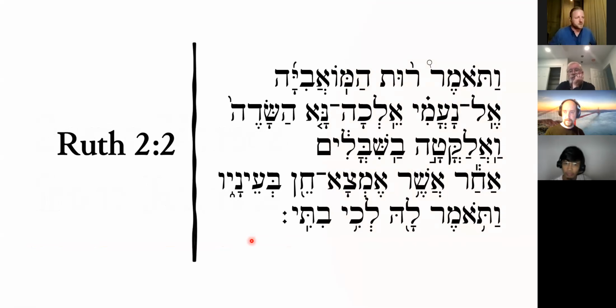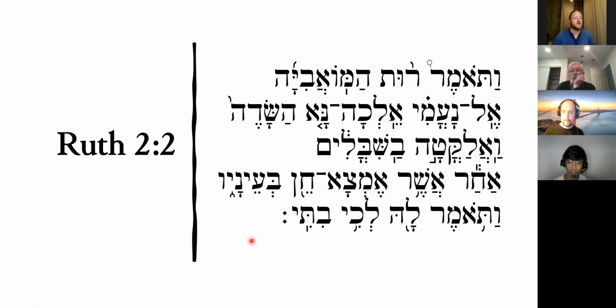I just pulled a few verses from Ruth chapter 2, since we did chapter 1 last on Tuesday. This is to help with some reading in this chapter. As we move forward, on Tuesday we'll read Ruth 2 together. All right, so we're back at it. Here we are. Vatomer, she said. Vatomer Ruth, a Moabiyah. Moabiyah is the Moabite woman. Ruth, the Moabitess, said to Naomi,